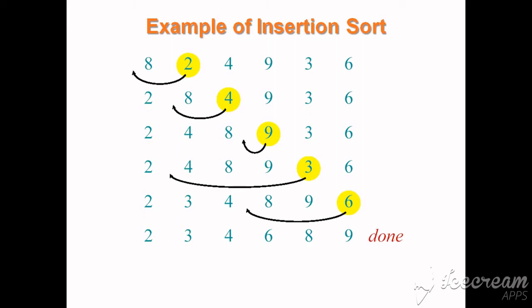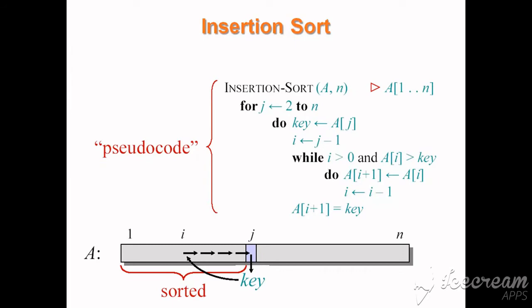Now we move towards the algorithm logic. So this is our insertion sort algorithm. Here in this algorithm we have used two nested loops, the outer loop is a for loop and the nested loop is a while loop. The outer for loop is initiated with the value 2, because we don't have any values on the left side to compare if we start from the first position. That's why we have started from the second position.